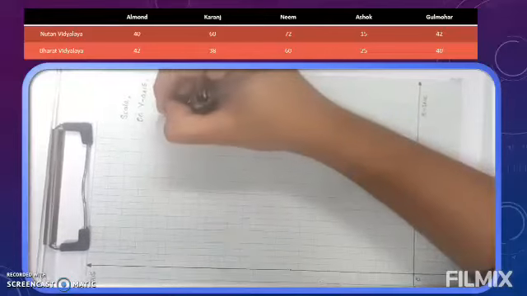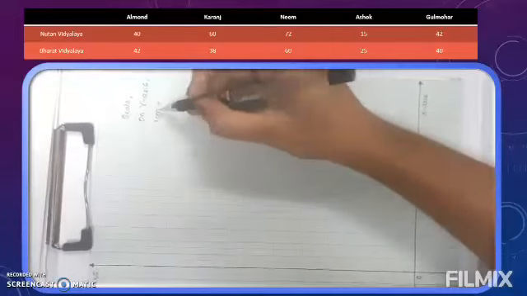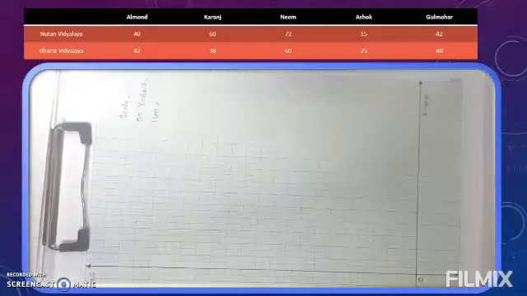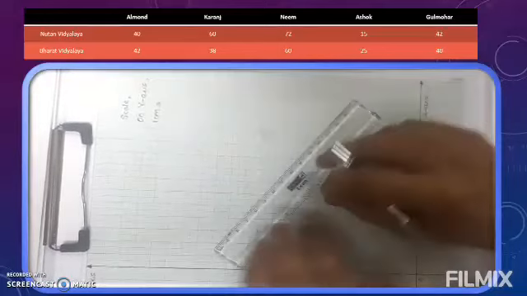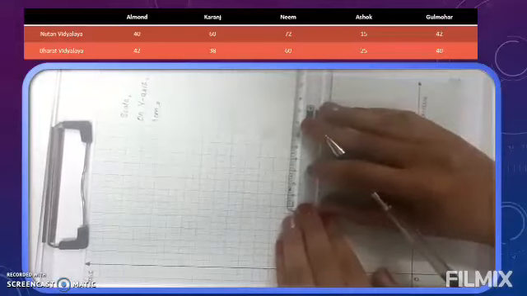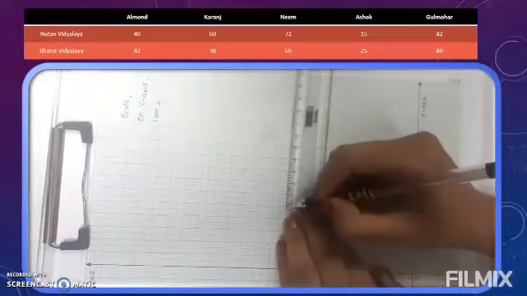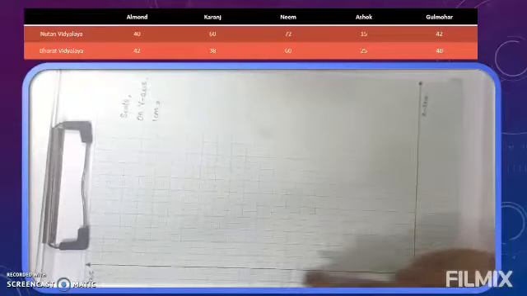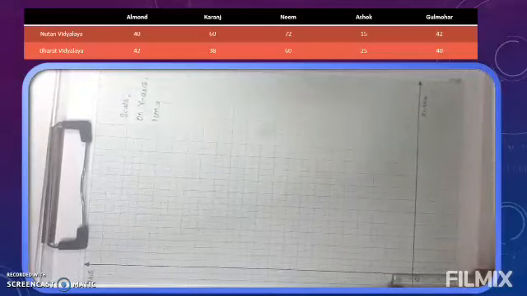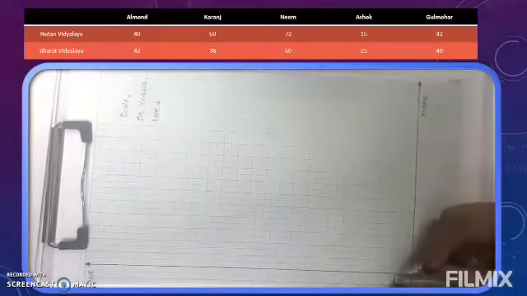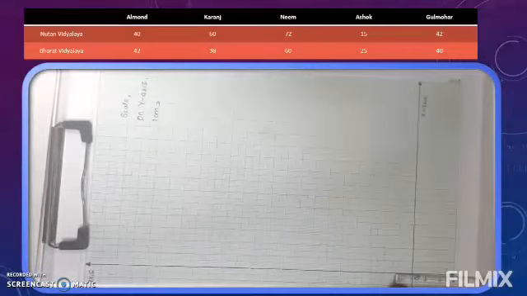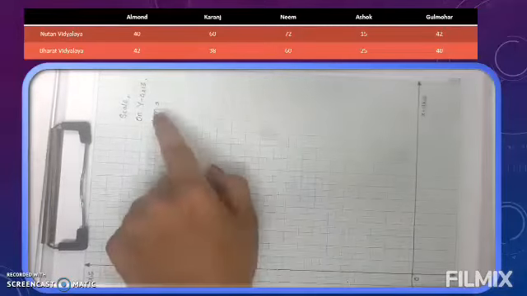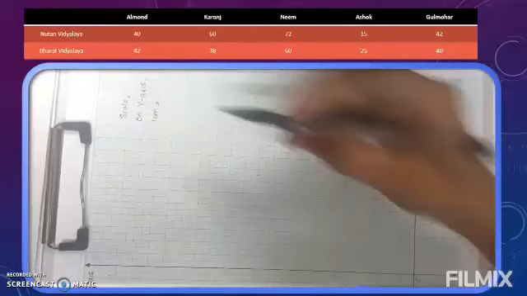What we have chosen is 1 centimeter. Now you will think, teacher, from where did this 1 centimeter come? Now if you check whatever boxes are there on this graph, each box is of 1 centimeter. See, 1 centimeter. Check it vertically also, 1 centimeter. So we are choosing scale for y-axis. One box is nothing but 1 centimeter. You keep your scale and check. This much part is nothing but 1 centimeter. That's the reason we are writing here 1 centimeter.